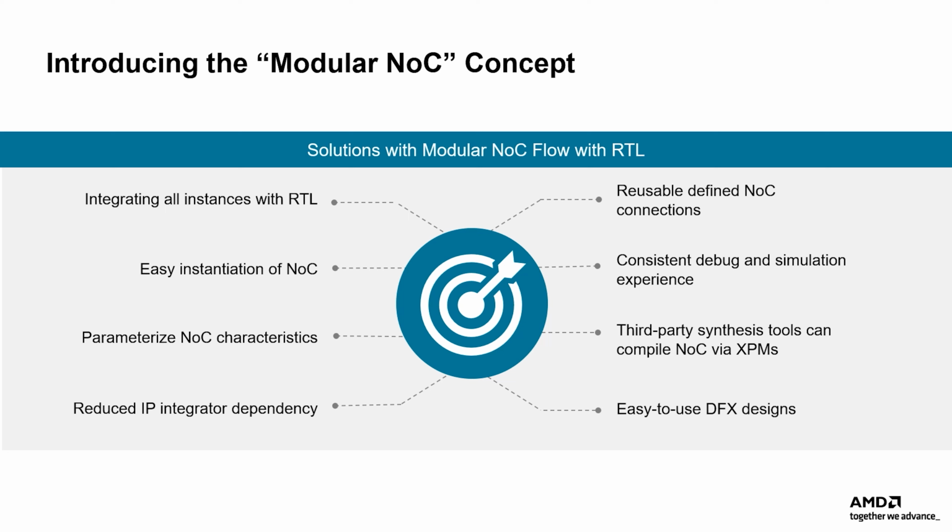The modular NoC design entry flow consists of a three-step process. In the first step, users need to establish connection points by specifying the NMUs and NSUs by using XPMs in the RTL. Block designs can also be used to instantiate additional NMU and NSU instances. Next, users should define the connectivity, QoS, and bandwidth for these endpoints by using Xilinx design constraints.